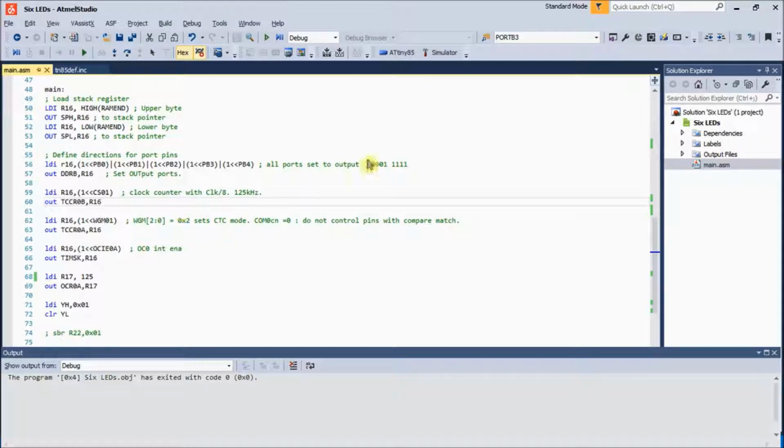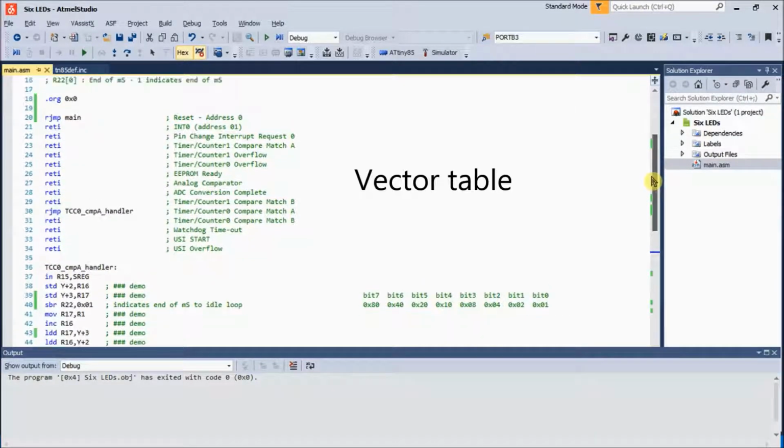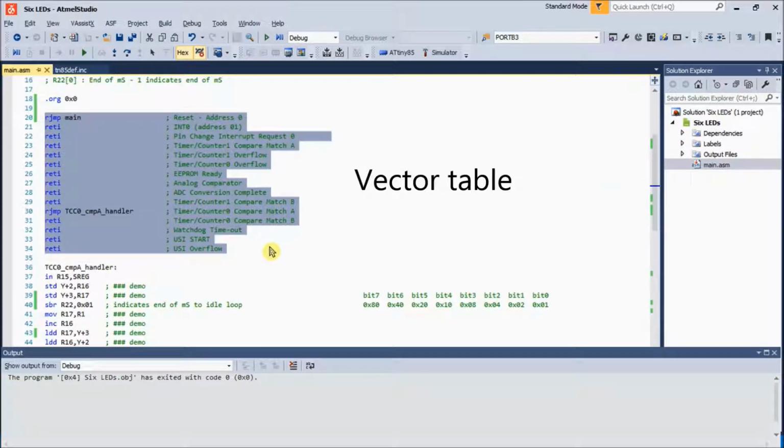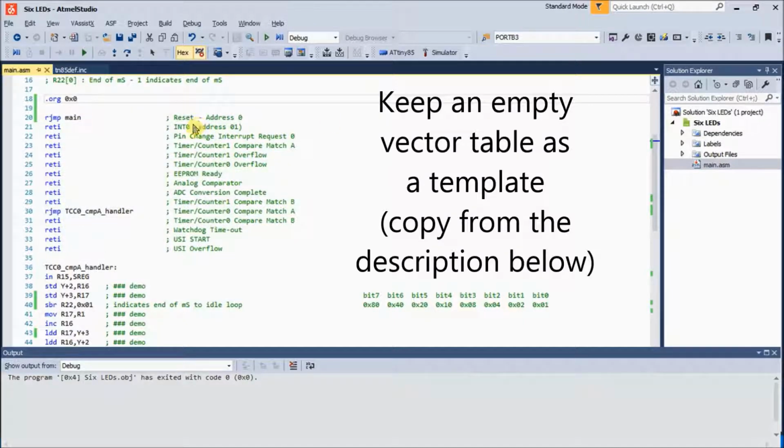So that was all working, but we said that before we could actually do anything with it, we needed an interrupt. Now, before you can use an interrupt, you have to have an interrupt table, or what we call the vector table. And there it is. There's the vector table. I would suggest that you make a copy of this. I'll put it in the description below, and just keep it somewhere on your disk so that if ever you're starting up a program, you can just copy this in as a template,